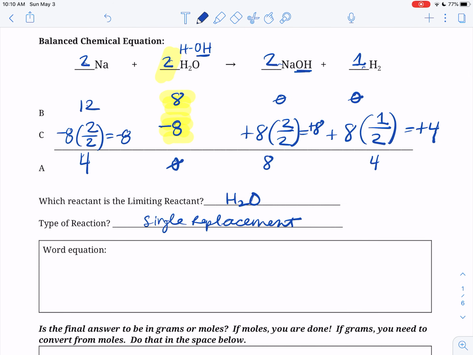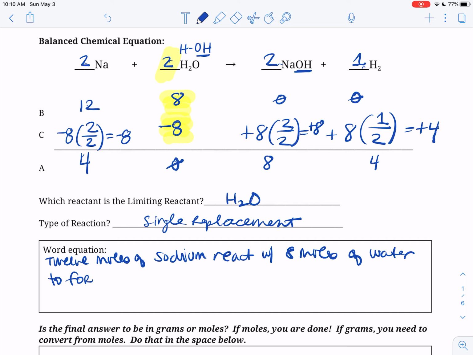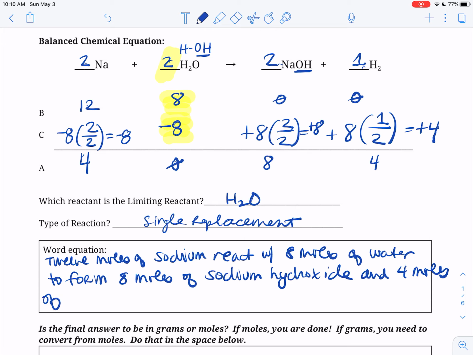Okay? So for the word equation, right, I'm going to say 12 moles of sodium react with 8 moles of water, okay, to form 8 moles of sodium hydroxide. Right, that's a polyatomic. You're looking at the back of your pink sheet. And 4 moles of hydrogen. Okay,